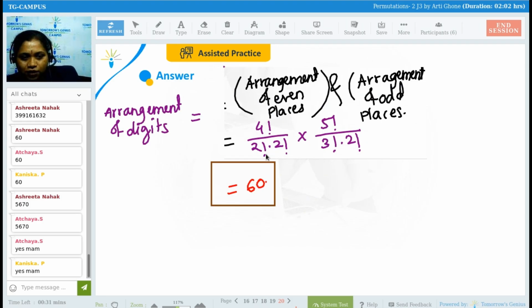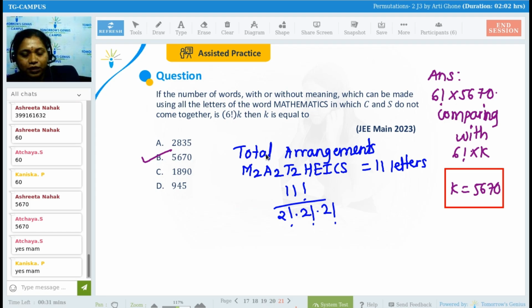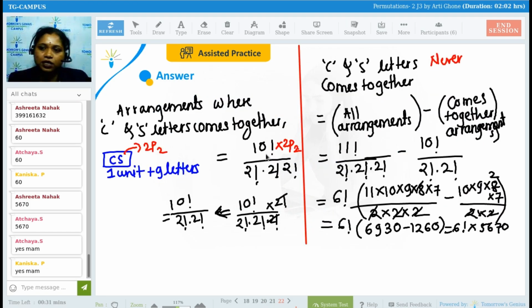So this is about the cases where it never comes together. That is already told to you. But it will take time solving in the JEE, because there are 3 things to be solved for one answer. Okay. Now,